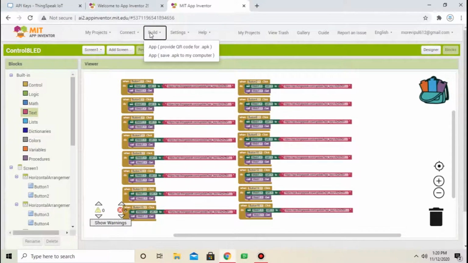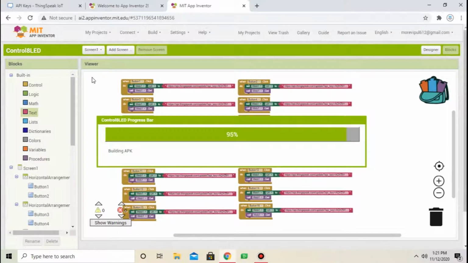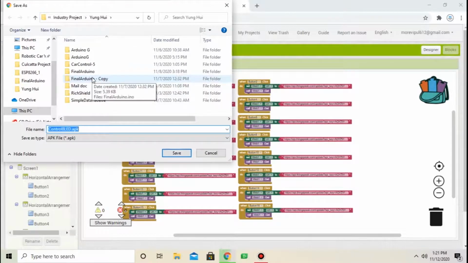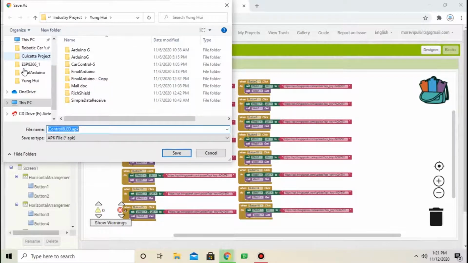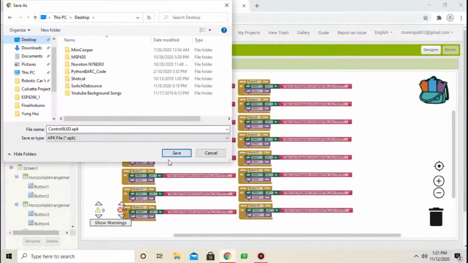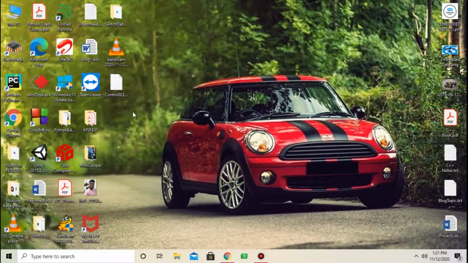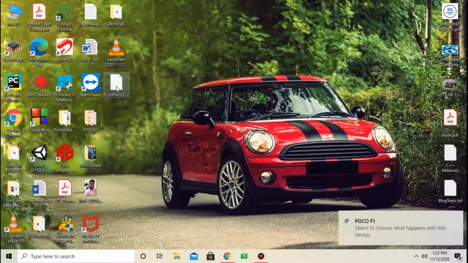Now from build, download the app. Save file on your computer. I am going to save on desktop. Save. Mobile app is ready. Move this file into your mobile. Copy.